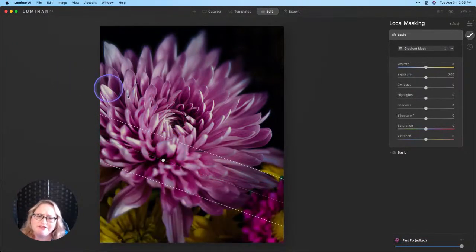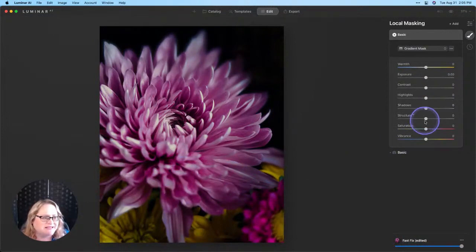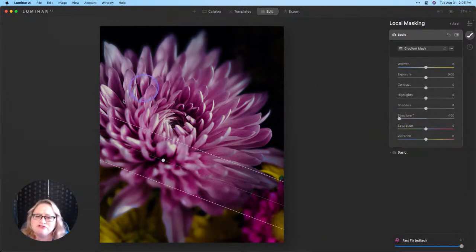And I'm trying to keep roughly the same plane of focus here, which is why I'm doing this at an angle. If you need to adjust the angle, you can always come to that middle line just off the center. You'll get the double-headed arrow, and you can adjust that rotation. So there we go. Now I'm going to take that structure and pull that all the way down to the left,